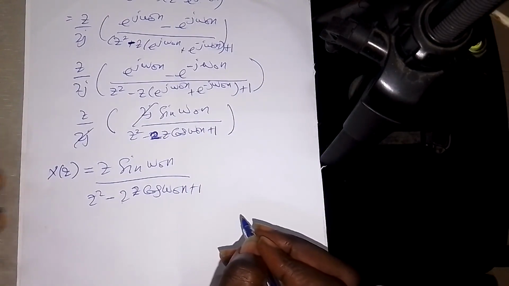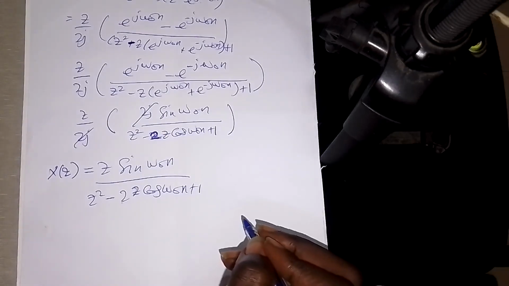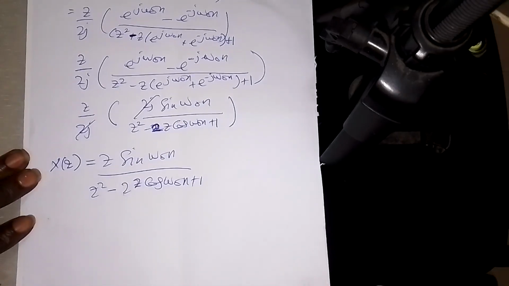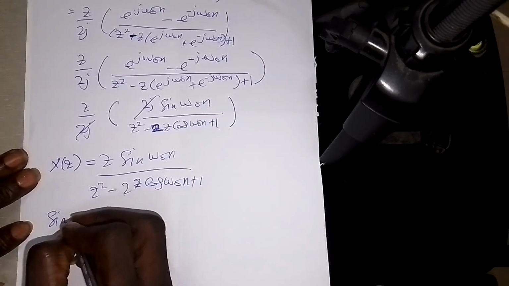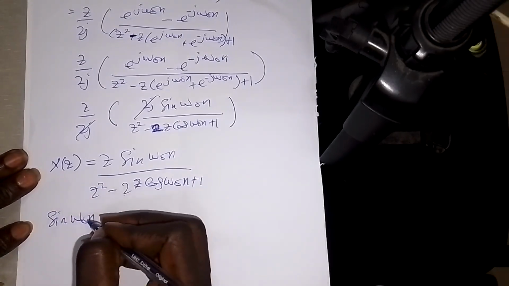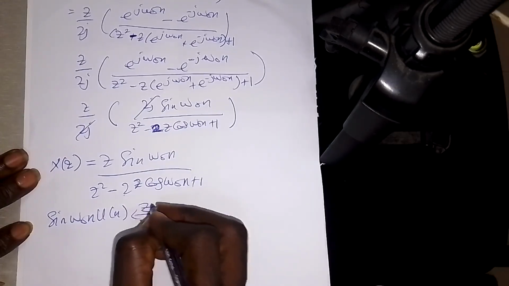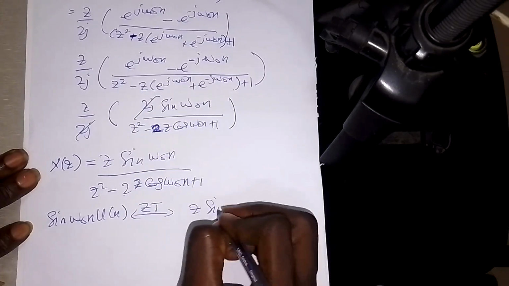Okay, so now what I can say right now is that if you're looking for the Z transform of, let's say, sine ω₀n times u of n, and you want its Z transform, then it's supposed to be Z into sine ω₀